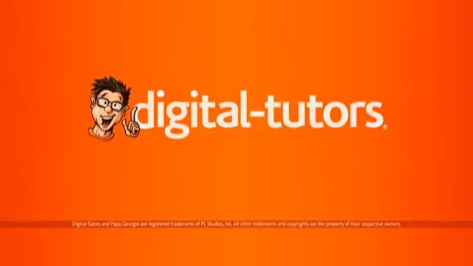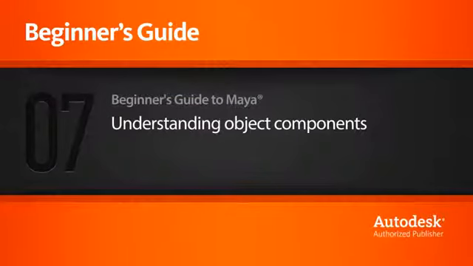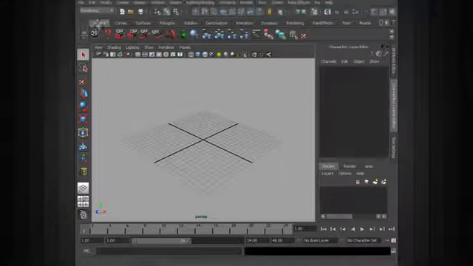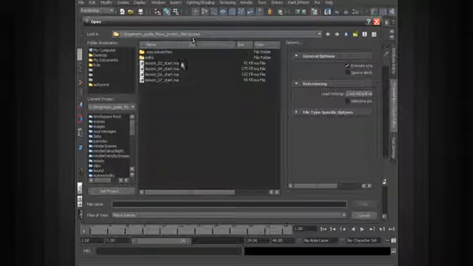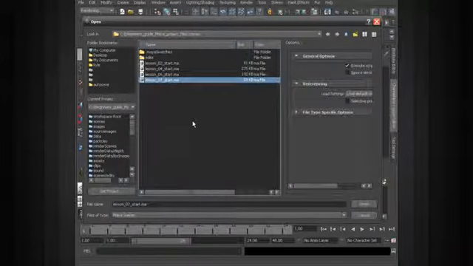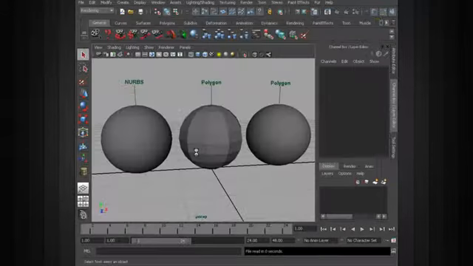In this lesson, we'll learn how we can start to work with the components of our different objects inside of Maya. So once again, we're going to open up an existing scene file to illustrate this. So let's go to File, Open Scene, and if you take a look inside your Beginner's Guide to Maya project, inside the Scenes directory, you should see Lesson 07, Start. So go ahead and select that, open that up, and we have just a couple of very simple objects in